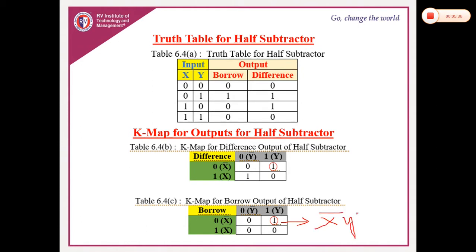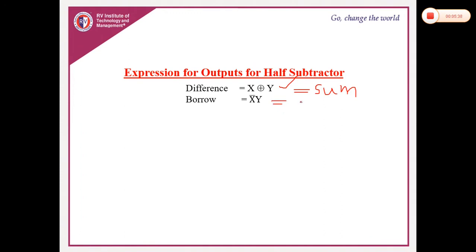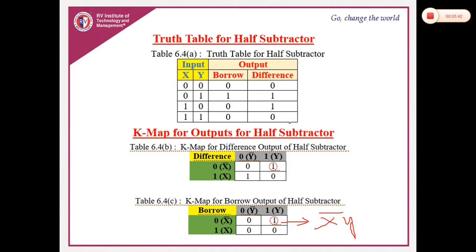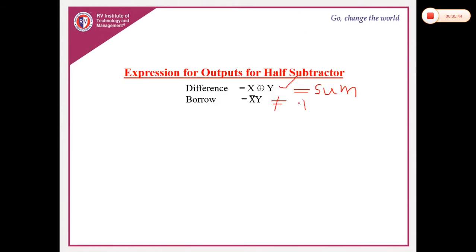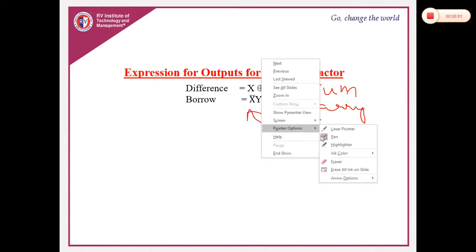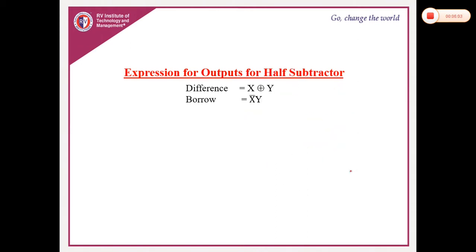Is it okay? So you can see here, that is the difference output, but it is not the difference, it is the borrow output. So it is not equal to the carry output, but almost they are the same. For carry, what you got is xy. Okay, for carry you got xy, but wherever x is there, if you replace it with x bar, you will get borrow. So this is one more way of remembering the half adder and half subtractor truth tables.